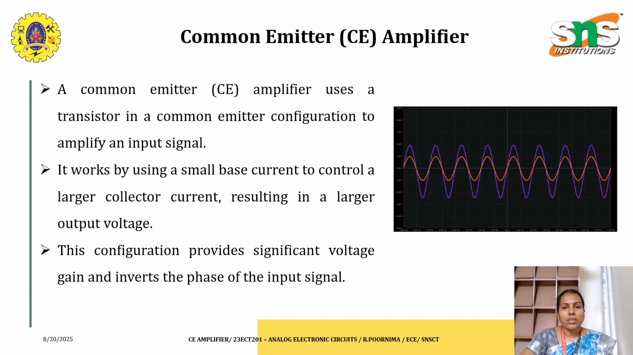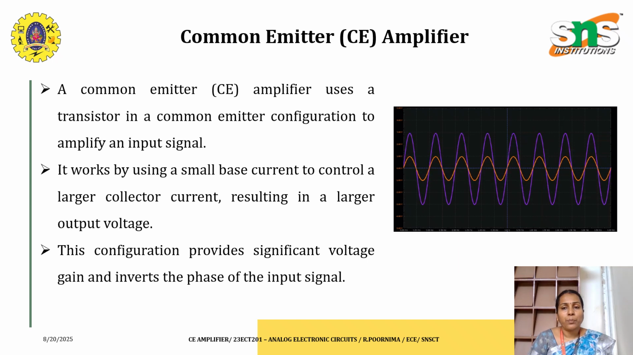So let's see the basics of the common emitter amplifier. For amplification we need a transistor circuit, where we are giving a weak signal, typically less than a millivolt or microvolt. It amplifies the signal, that is, it increases the strength of the signal. For example, loudspeakers. We are giving a small signal to the loudspeaker and it amplifies the signal and